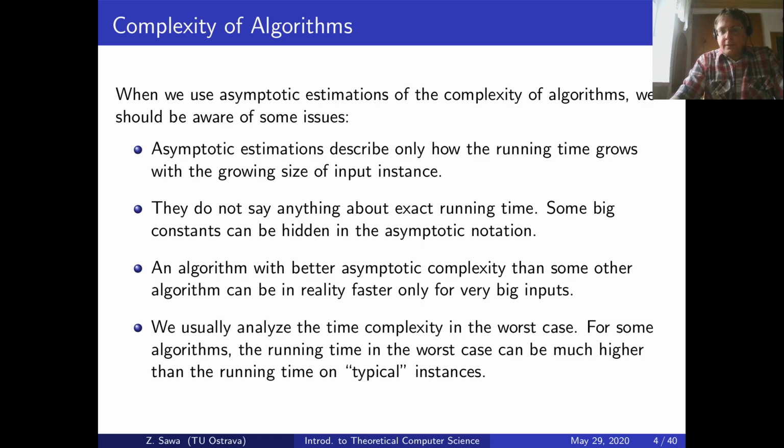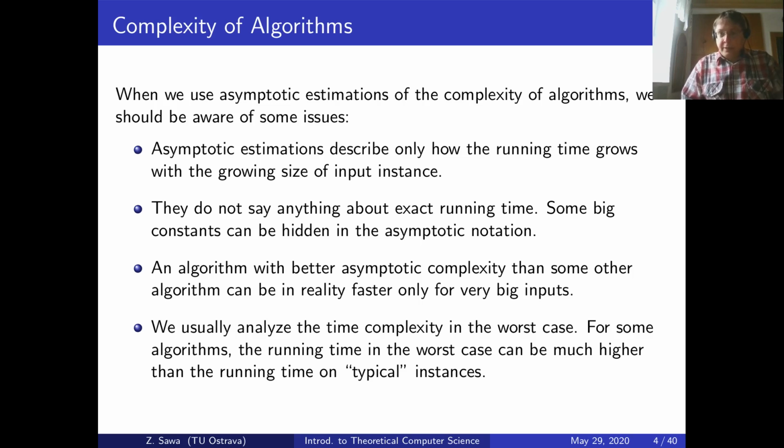Of course, we should be aware of some problems that could be connected with using asymptotic complexity, because it does not provide the whole picture, the complete picture of the situation. It can be more complicated in practice. Basically, the asymptotic notation provides information about how the running time will grow when we use this algorithm for instances of bigger size. For example, if we know that time complexity is in theta n square,